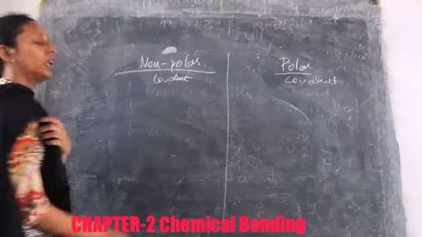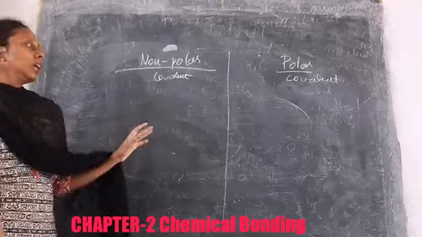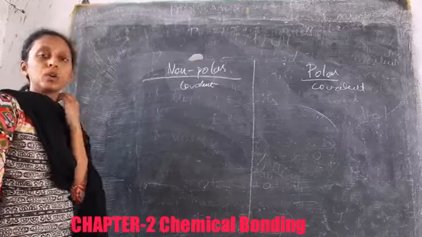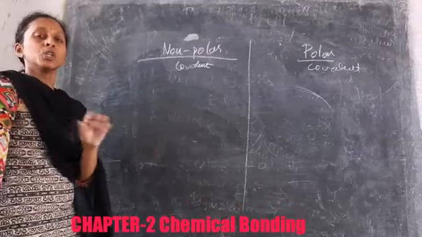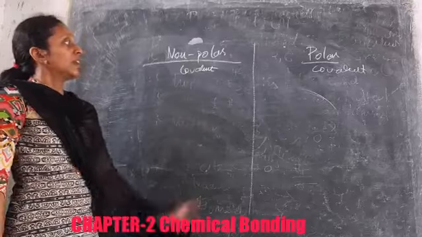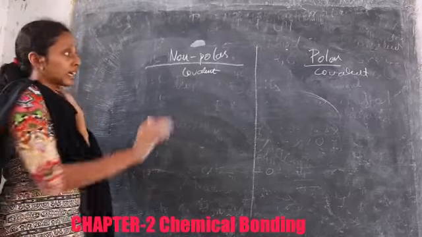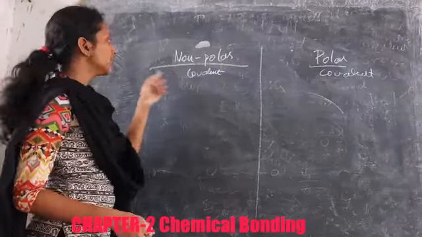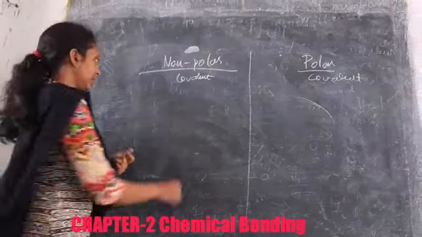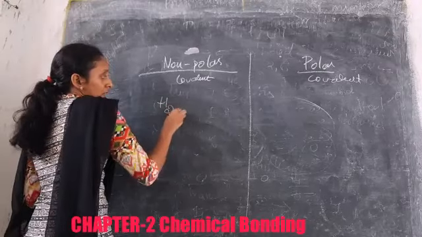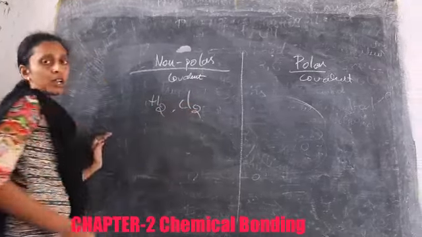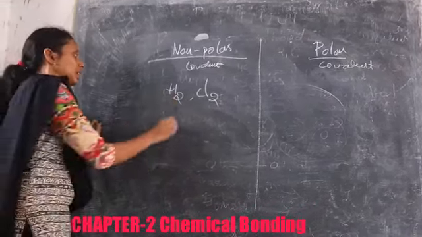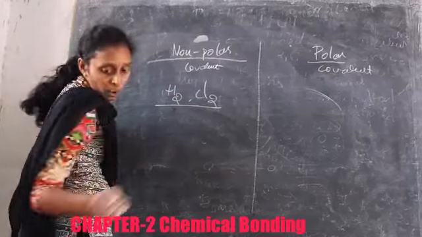Non-polar covalent bond is formed between 2 atoms which are identical or non-identical. But the electronegativity between the 2 atoms should be very less or negligible. Whereas in a polar covalent compound, the electronegativity can be small, but there should be some electronegativity. Whereas in non-polar, there is no need of electronegativity. For example, H2, Cl2. These are all non-polar compounds because the electronegativity between the two atoms is negligible. These are identical. Some are non-identical.